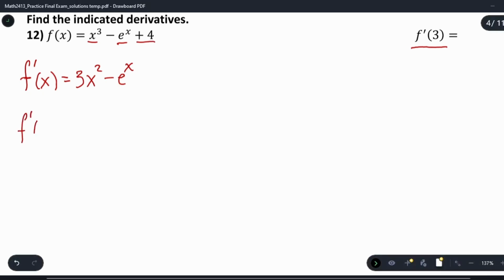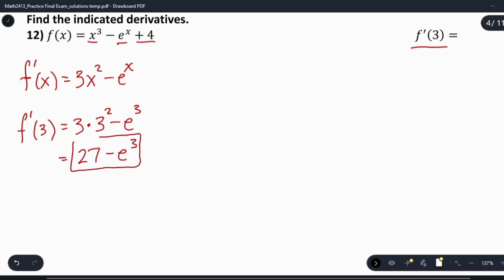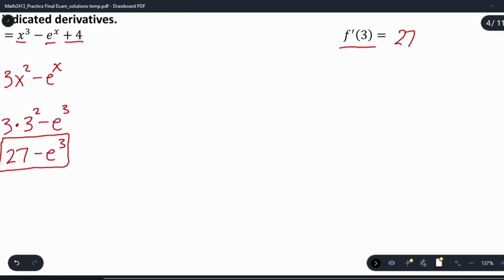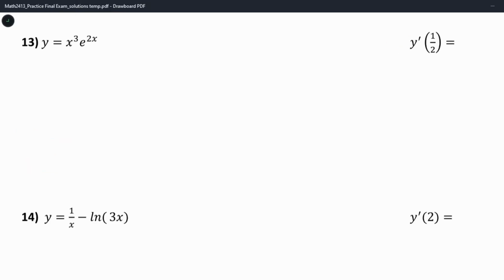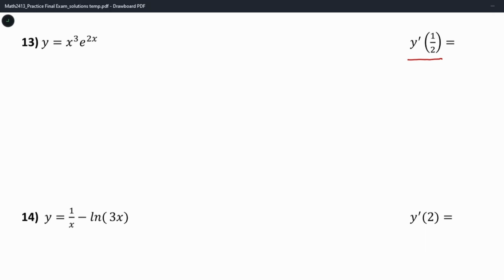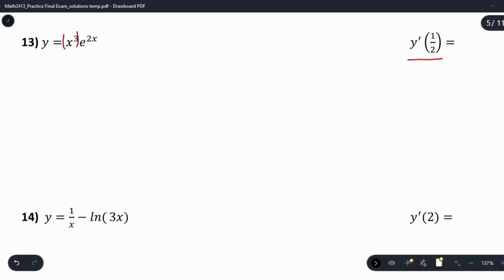And now we can evaluate at 3, giving us 3 times 3 squared minus e to the third. 3 squared is 9 times 3, that's 27 minus e to the third, and that would be our exact answer. 27 minus e cubed. Next, number 13, we need to find the derivative, evaluated at a half, and we have